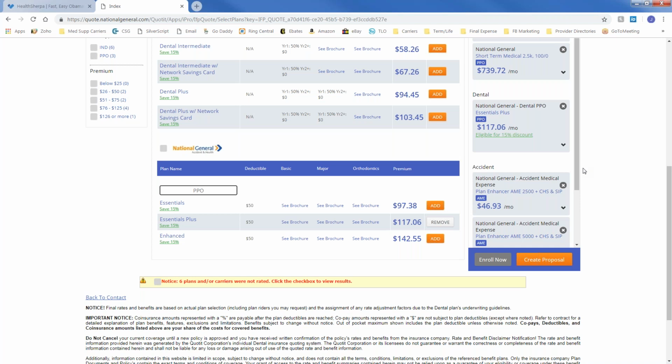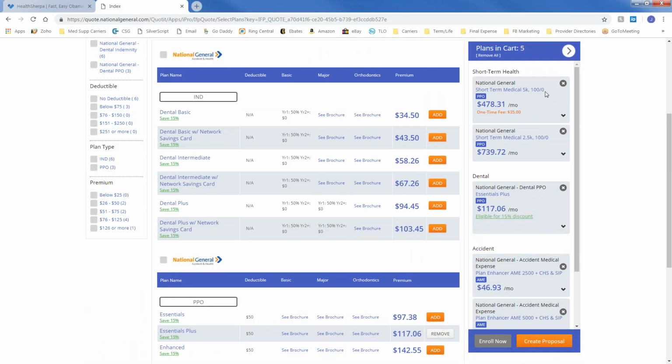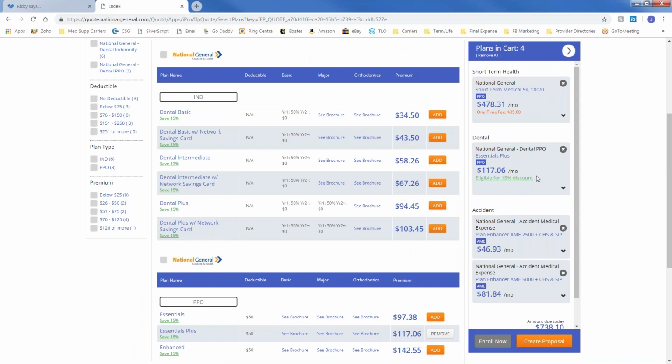It's more than the additional $2,500. But some people would rather save the monthly expense and then just take the chance that if they were to reach the deductible, they would have to come out of pocket. So what I would do in this example, even though it is me, I would make the recommendation of the $677.21. So that would be the plan for the $5,000 deductible. So we're going to get rid of that one.